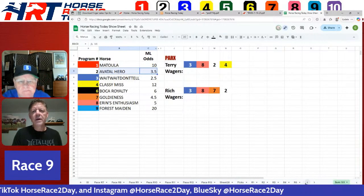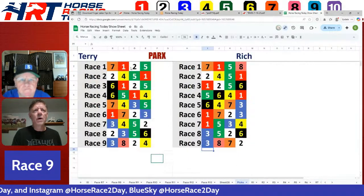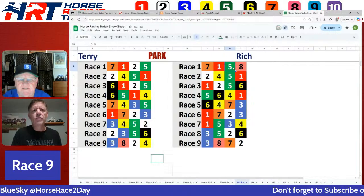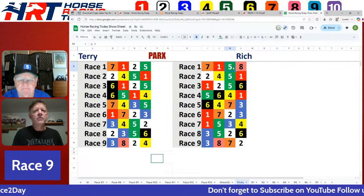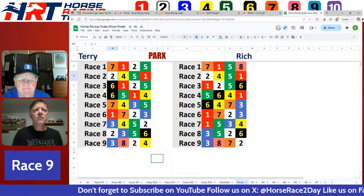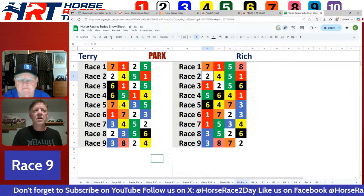Here are our full picks for today. Race number 1, the 2 horse. I do think, though, the 5 horse is one that you should put on your horse to watch list. That first time starter spotted everybody a bunch of lengths, closed hard, but just ran out of gas at the end. 2 horse to command the prize in race number